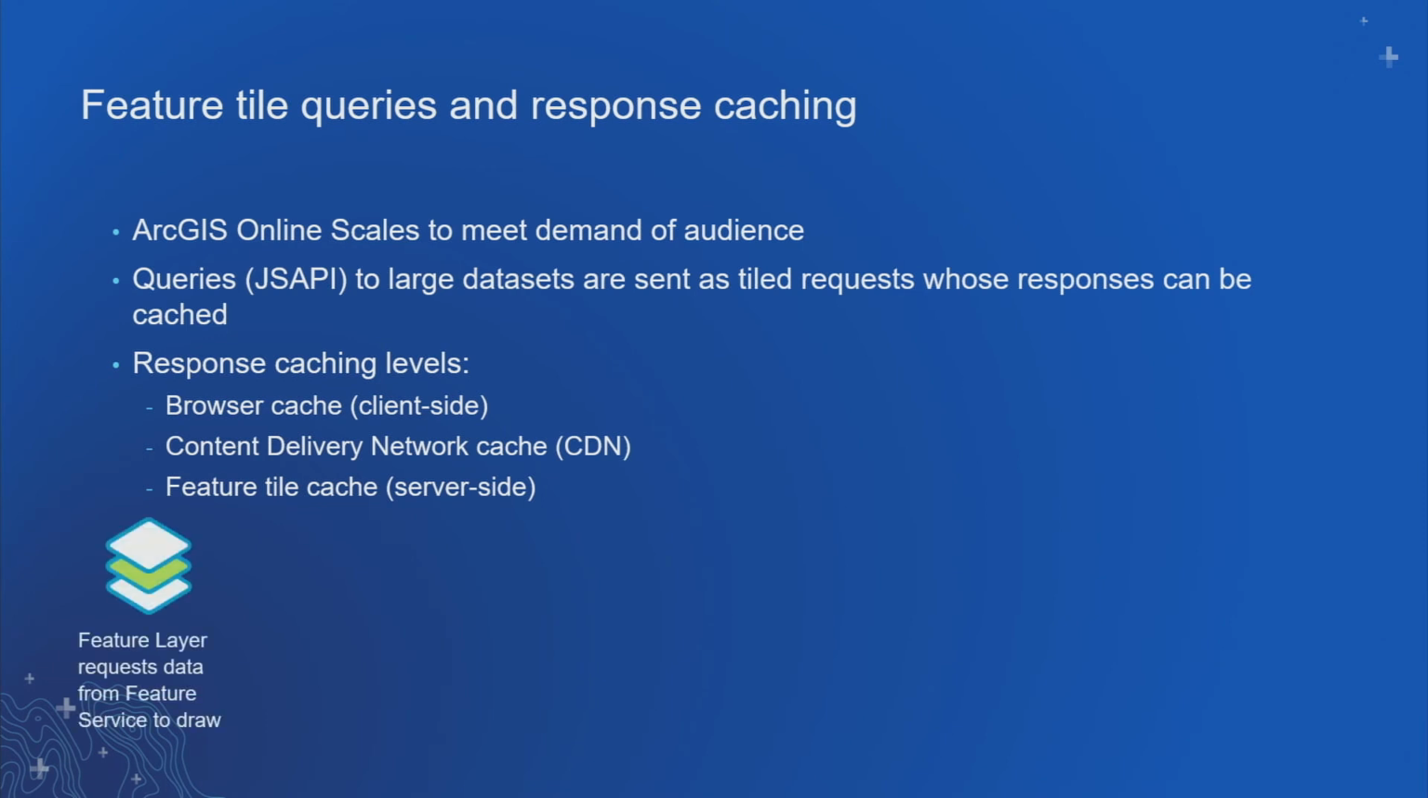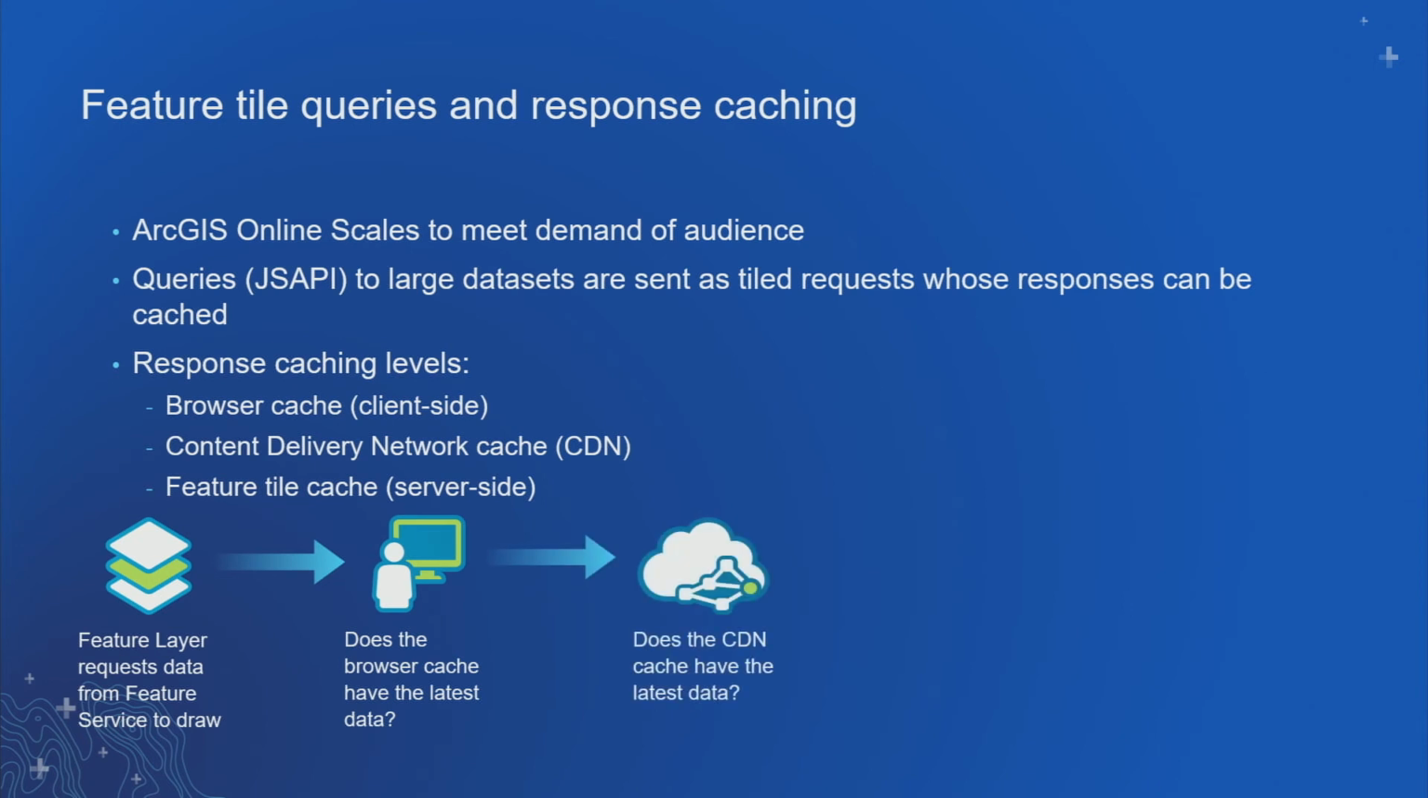So if we walk through this, the feature layer requests data from the feature service to draw. This is from the browser. First off, the browser is going to check on that request, that tiled request that I sent. Does the browser cache have the latest data? If it does, I'll send it back and render. If it doesn't, it will go to the content delivery network, if it's public, and see if that has the